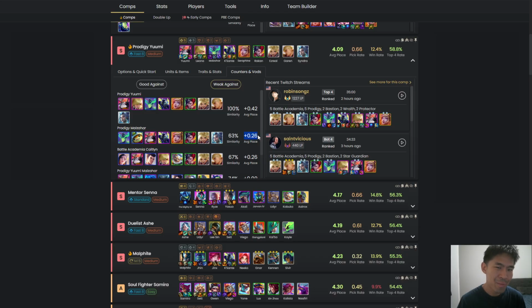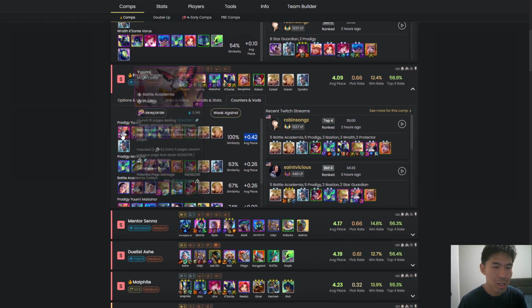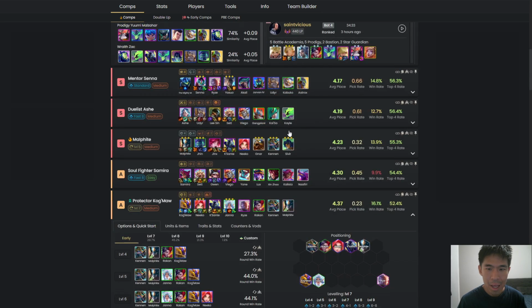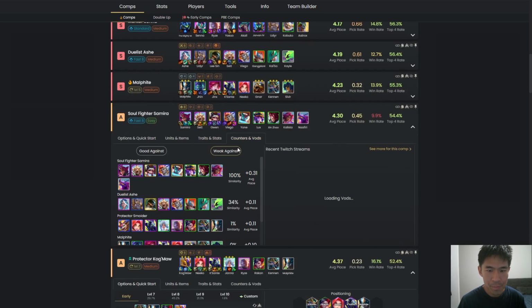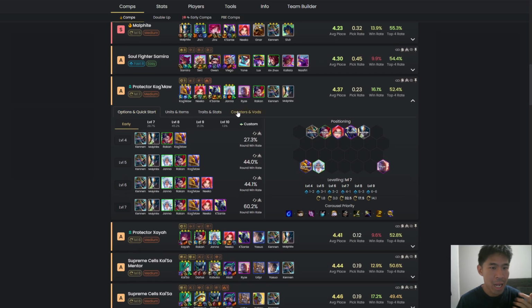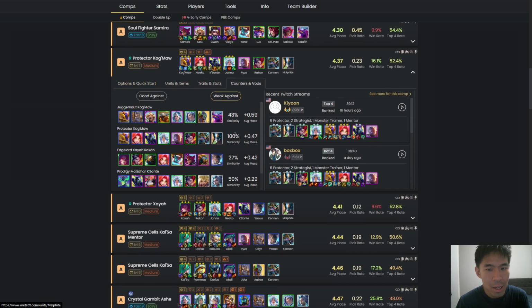Yuumi, it's about 0.3-ish. I think Yuumi is a little bit more impactful than Star Guardian just because Yuumi is kind of like your solo carry in this comp, but sure. Soul Fighter, same thing. This one's a little bit less, but yeah. It's about 0.3-ish. But if we look at these reroll compositions being contested by a Protector Kog'Maw, it's actually closer